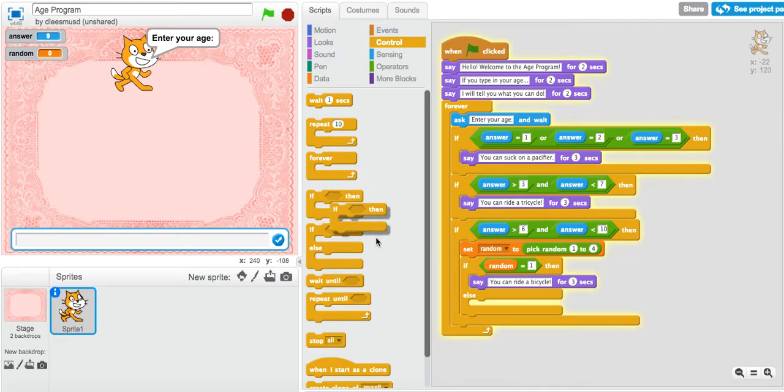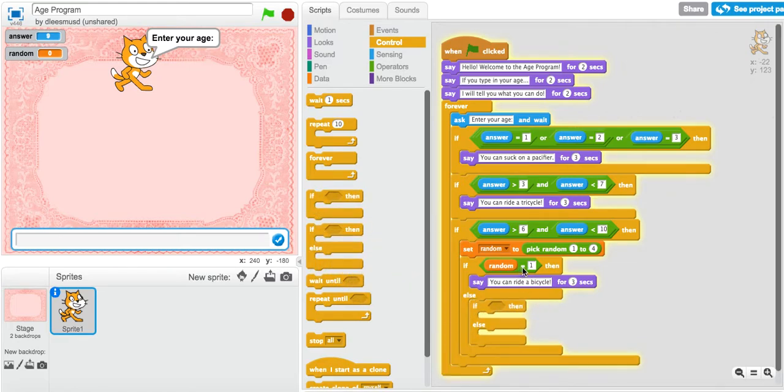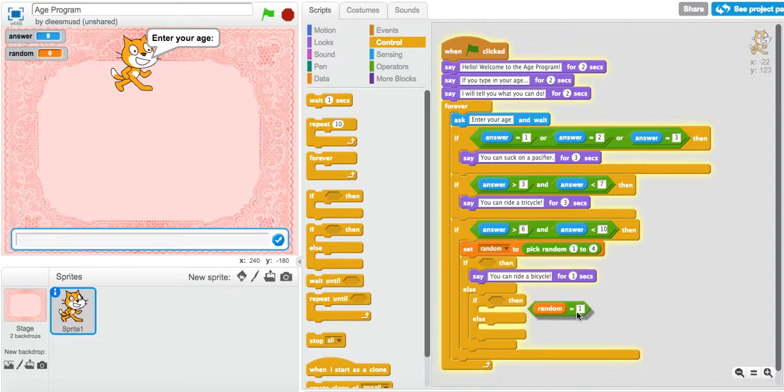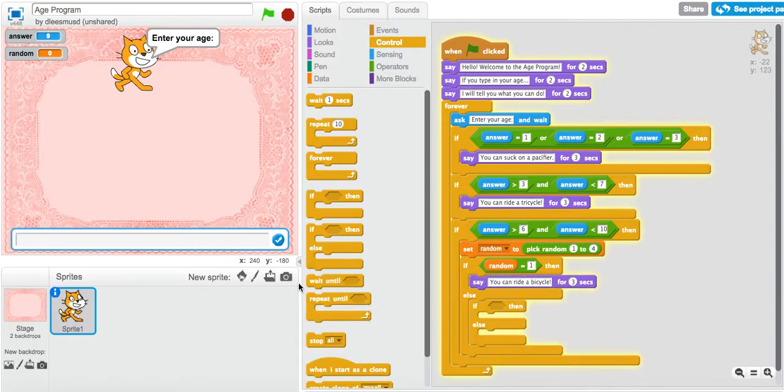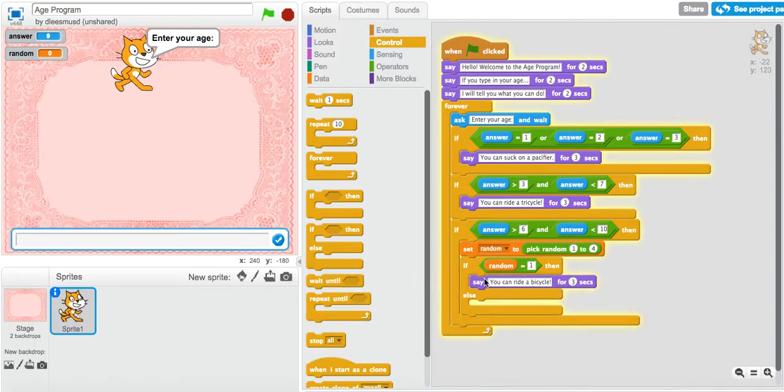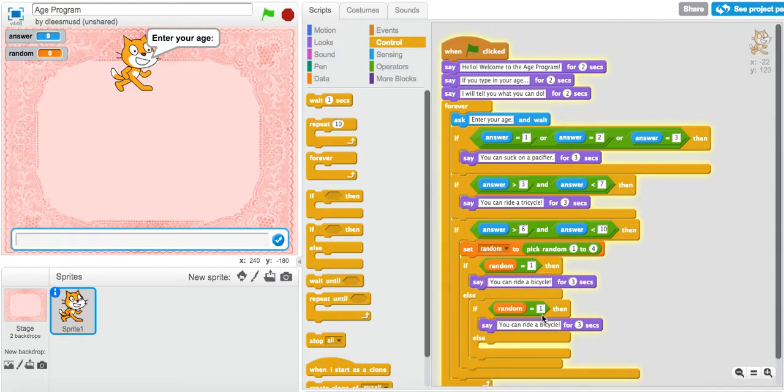And then I'm going to take another if else, and I'm going to put it right here in the else. And I'm going to do the same thing. And I'm going to try to copy this. It's not letting me copy it. Okay. So maybe I can copy this whole if else block. And I'll hold down control, and I'll hit duplicate. Great. I'll put that if in here, and I'll say if random is equal to 2, then say, right, you are almost done with